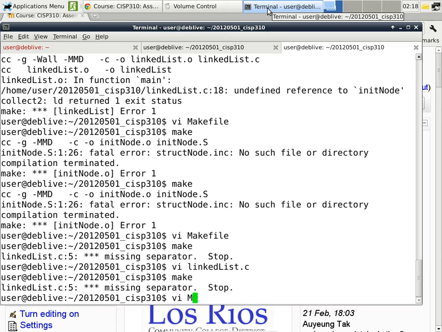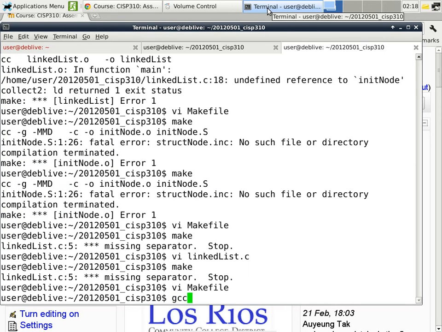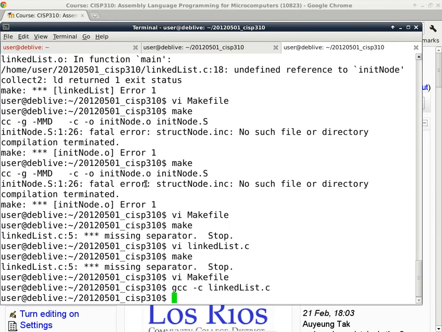Because you made a copy of the line. The line that made a copy of or the includes is not here. That's a tab. Okay. The other way to do it is just to do a GCC by hand first, just to make sure that I didn't make a mistake like that. And that worked just fine. Okay, it's actually complaining about